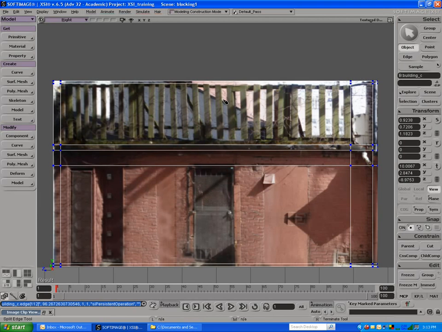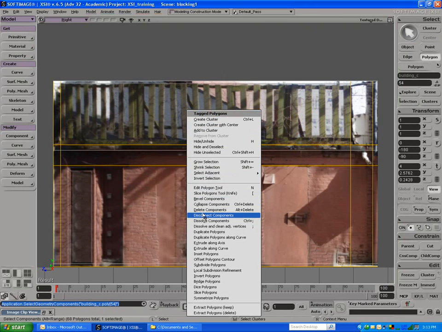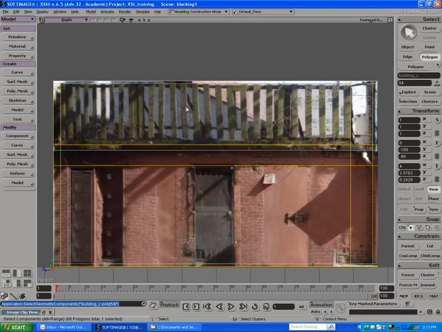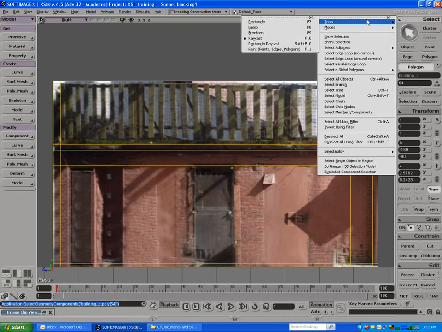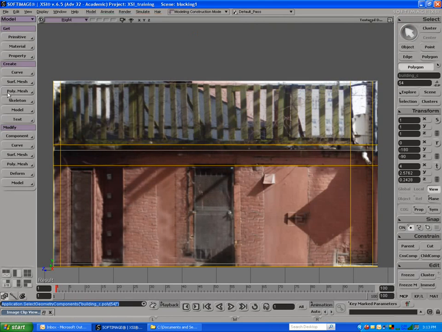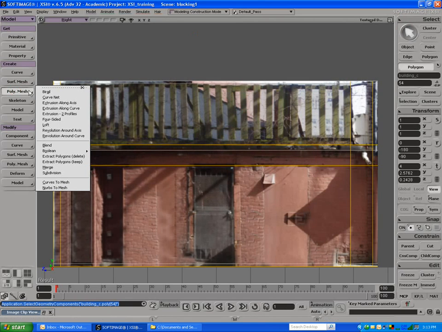So we're just going to go ahead there. Do that, we'll just pick this face, and you can also right mouse button, and you can see all the commands here. Instead of going to the menus, it's much easier to find stuff, but in this case I did select polygon by raycasting. There's lots of different ways to select faces, but this is one of the tools. If you want to see the different selection tools, you've got them here under select tools. And we're going to go in here and just do a polygon mesh extract,